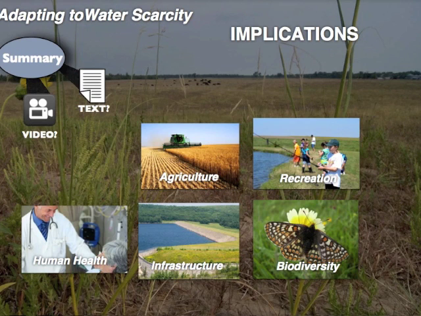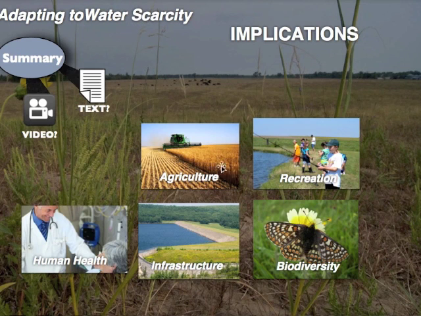These environmental changes have the potential to amplify the conditions that lead to drought, and an increased frequency of drier years is expected. Reoccurring water deficits or drought has implications for the economy, environment, and culture of the prairie communities. Water scarcity will have implications on numerous sectors, including agriculture, recreation, health, infrastructure, and biodiversity. Again, you can click on each button to learn more.